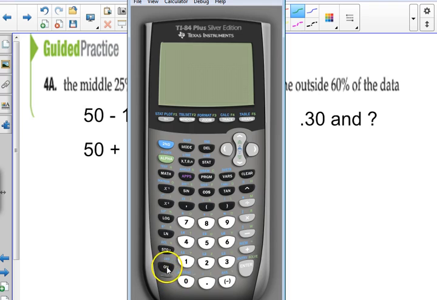When you do inverse norm, okay, you would just put the z-score in here and leave this. Okay. So the middle